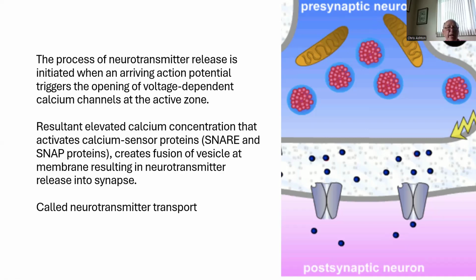How does that translate, that an electrical current actually magically spills the dopamine vesicles into the synapse? Well, what actually happens is that the electrical current creates an elevated calcium ion concentration that